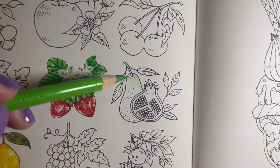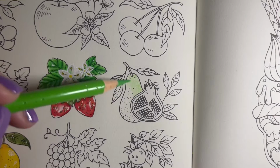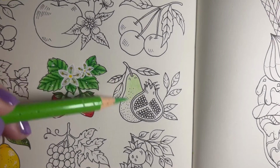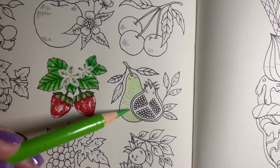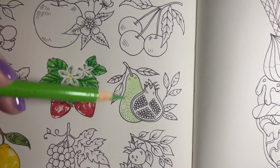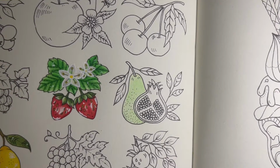of the pear. Now I've looked at references of pears before. Some look very polished and smooth green, and then you've got the other pears that have those big brown blotches all over them. So to make it look a bit more realistic, I'm going to go for the one that's got the brown blotches all over. It will look a bit dodgy when I first start colouring this, but hopefully it'll come together in the